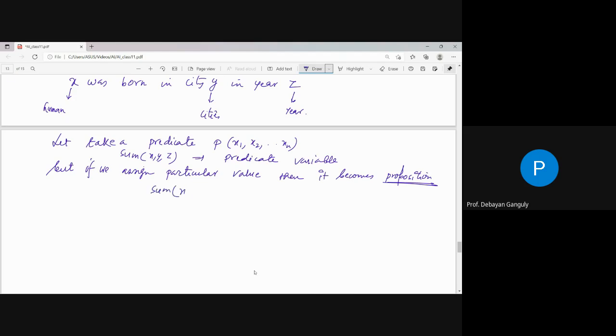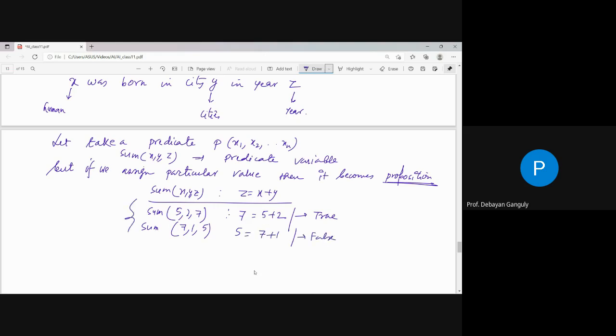ভেবে রাখো, সাম এক্স ওয়াই জেড, তুমি বলছো জেড ইকুয়ালস টু এক্স প্লাস ওয়াই, এর কোনো কিছু মানে নেই, আইদার ট্রু বা ফলস কিছু দেখাতে পারবো না। কিন্তু যদি আমি এনিথিং 5 2 7 দিই, তার মানে 7 is equals to 5 plus 2, that means that will give you true, or যদি অন্য কিছু দিই either 7 1, say 5. So 5 is equals to 7 plus 1, that will give you false. তার মানে আমরা যখন একটা পার্টিকুলার ভ্যালু দিয়ে দিই, সেই প্রেডিকেটটা একটা প্রপোজিশনে হয়ে যায়। তার মানে এই যে প্রেডিকেট x1 x2 xn এগুলো ভেরিয়েবল, এখানে যদি কোনো কনস্ট্যান্ট ভ্যালু দিয়ে দিই, দ্যাট ইজ নাথিং বাট এ প্রপোজিশন হয়ে যায়।